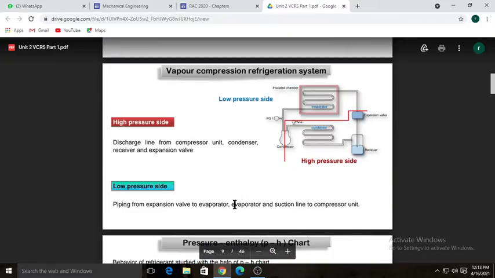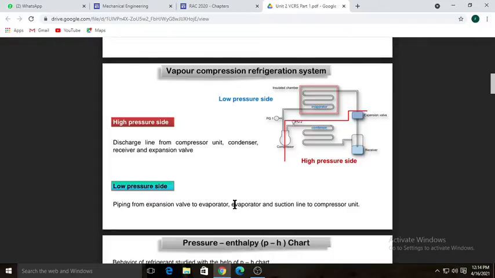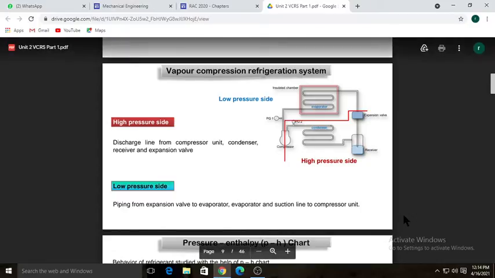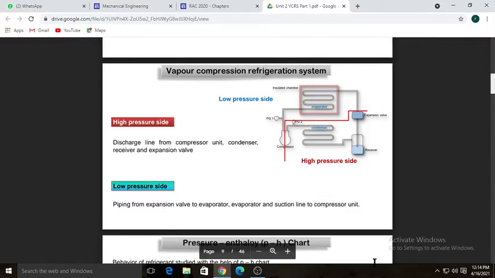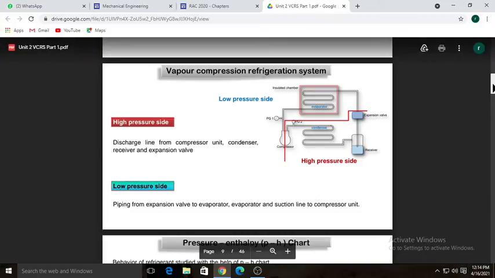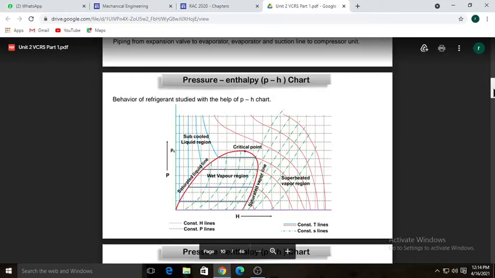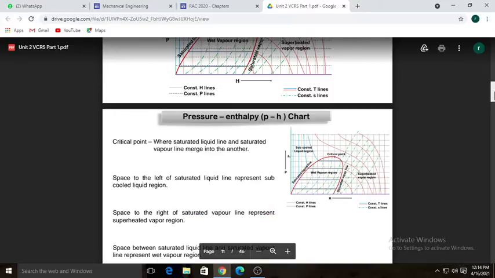In the last section we saw the vapor compression refrigeration cycle and the various processes performed in it. There are four main processes: compression, condensation, expansion and evaporation, which produces the refrigerating effect. These are the four important processes. We need to show all of them on the pH and TS diagram.